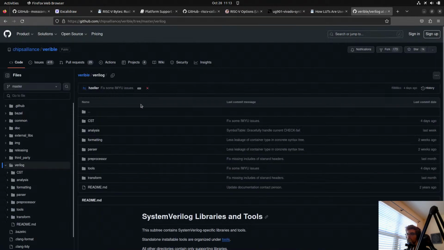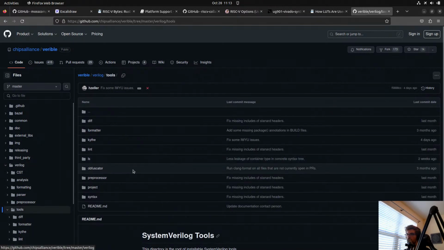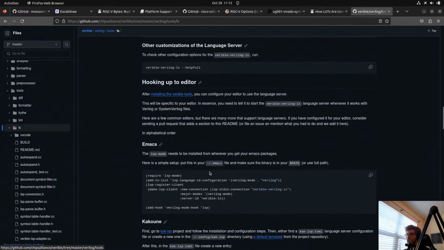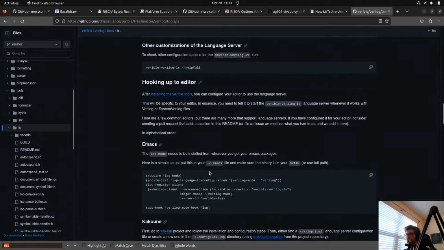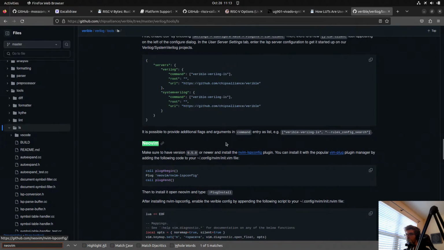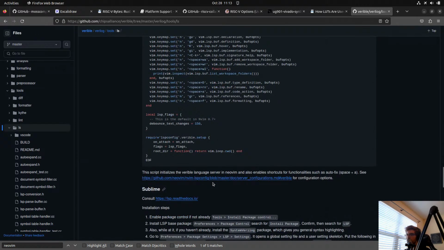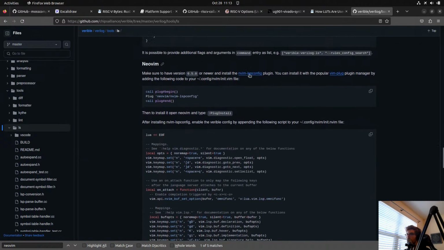And Verilog, I think tools maybe, language server, and then we get our setup here, neovim. So we can go down here and it kind of gives some of that information. So we have that neovim LSP config, and if we open that up, you can see a bunch of other config you can do here.